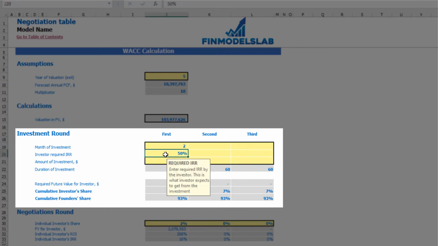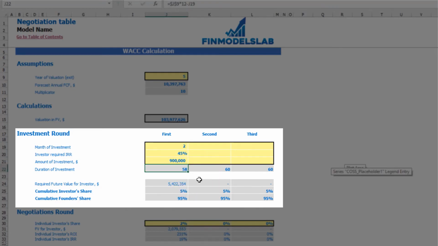Investor required IRR, for example 45%. Amount of investment $900,000. Duration of investment, which is 5 years minus 2 months, which is 58 months. Here is a calculation of required future value for investor and the shares, cumulative investor share and cumulative founder share,